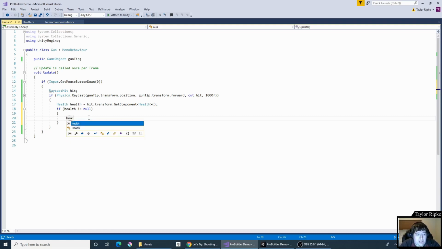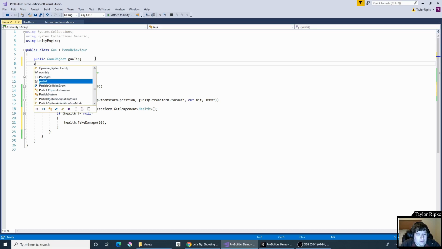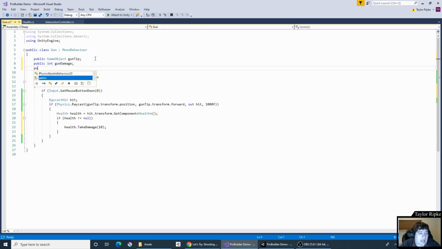So if it's not null, we're going to say health.TakeDamage, and how much damage do we want to do? Well, we could do like 10 damage, because it takes an integer, which is a whole number. It's not very good practice to put concrete numbers in here. So when you looked at the other script, you'll notice that they put their constants at the top of the class, which is what we want to do. So we could have something like public int gunDamage, and we should probably have public float maxGunDistance,